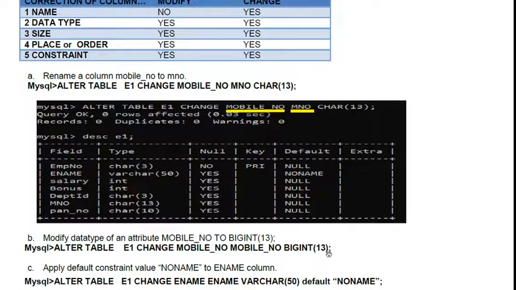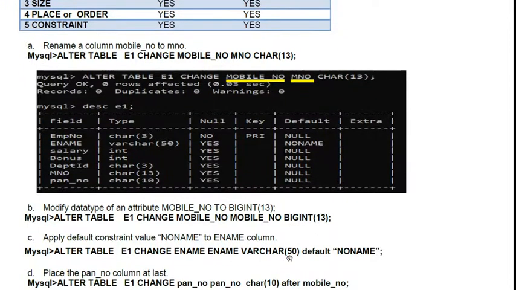Now, if you want to modify two things together, suppose column name and data type both, you write mobile number, and in the new name, the second place, you write MNO and big int. Means you are changing the column name and data type both.